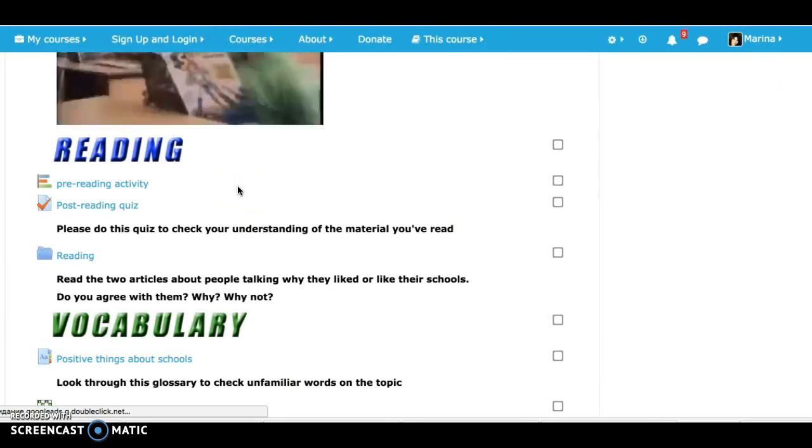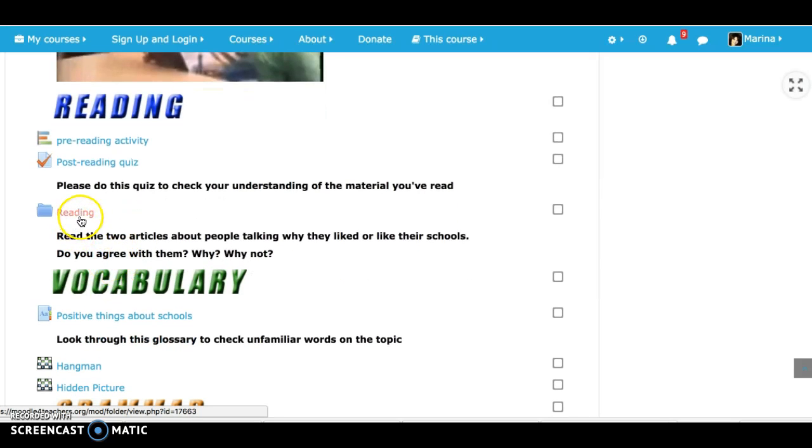Then I suggested reading 2 articles. I think I have to change these. I didn't notice that, because the post-reading quiz, of course, should be after reading materials. Well, so here there are 2 articles